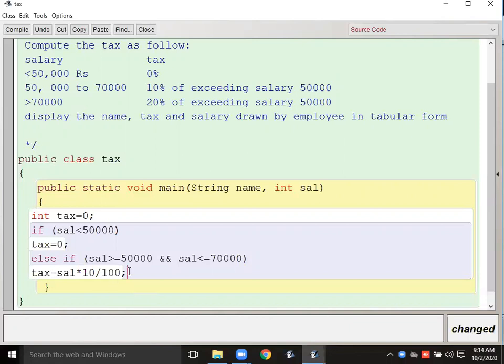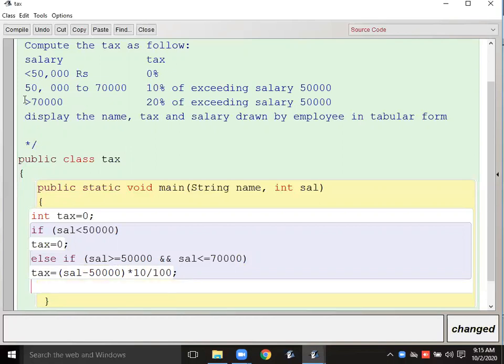अंडरस्टूड? ओके, सो हाउ वी विल राइट इट? सैलरी नहीं, सैलरी माइनस 50,000. Okay, that we have to do first of all. Salary minus 50,000, whatever salary user is going to input greater than 50,000, that we will deduct from the salary. Salary minus 50,000 multiply by 10%. तो उसका 10% निकलेगा, then that tax to be paid.